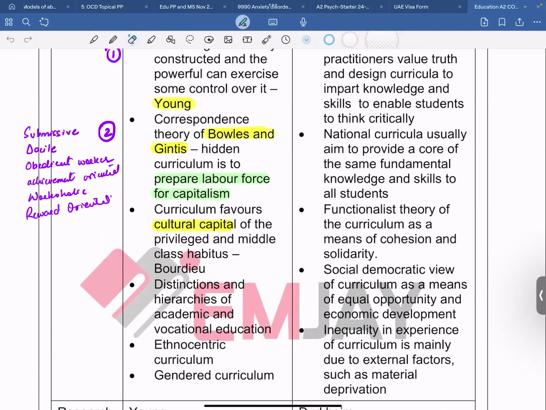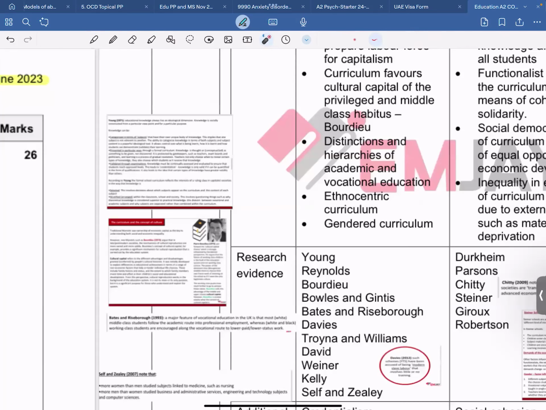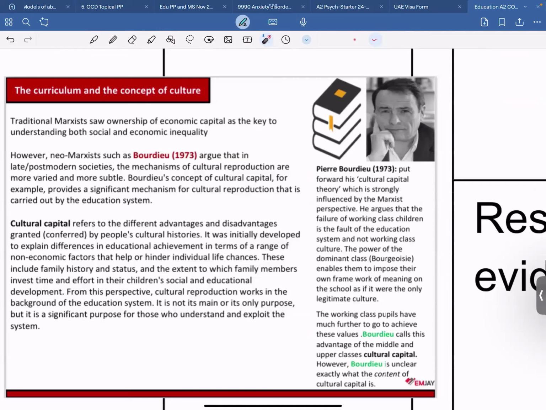Let's use the color green over here so that I can use the color yellow only for references. So cultural capital of the privileged and the middle class, this could be done through the habitus. Yes, you could talk about Bourdieu, how Bourdieu came up with the idea of cultural capital playing a very important role. As we speak about cultural capital, you could pick content from here. The neo-Marxists such as Bourdieu